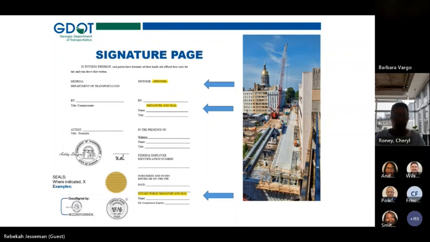I just want to go back real quick also, just to let you know that if you don't have the seal on here, the contract's going to be rejected. And also the seal has to be visible. And if it's not visible, the contract will be rejected. And then for the notary, if any commission date or any of that information is missing, the contract will be rejected. So it's really imperative that you complete the information.